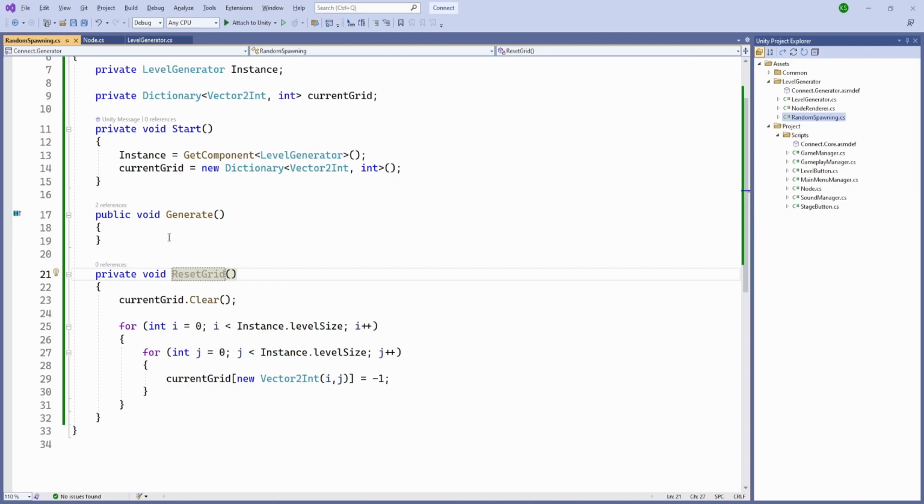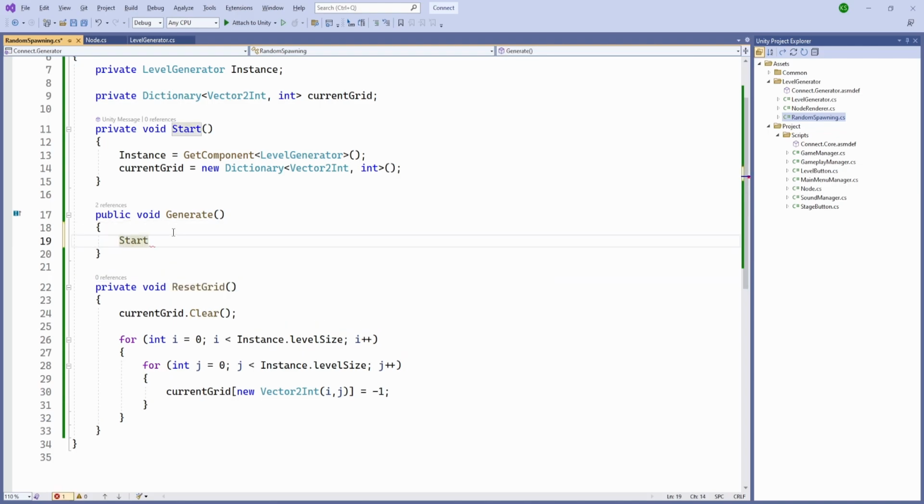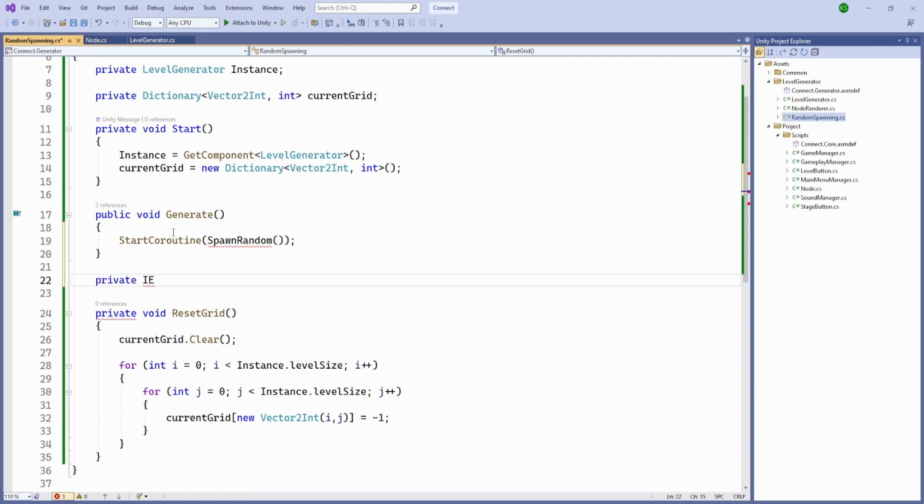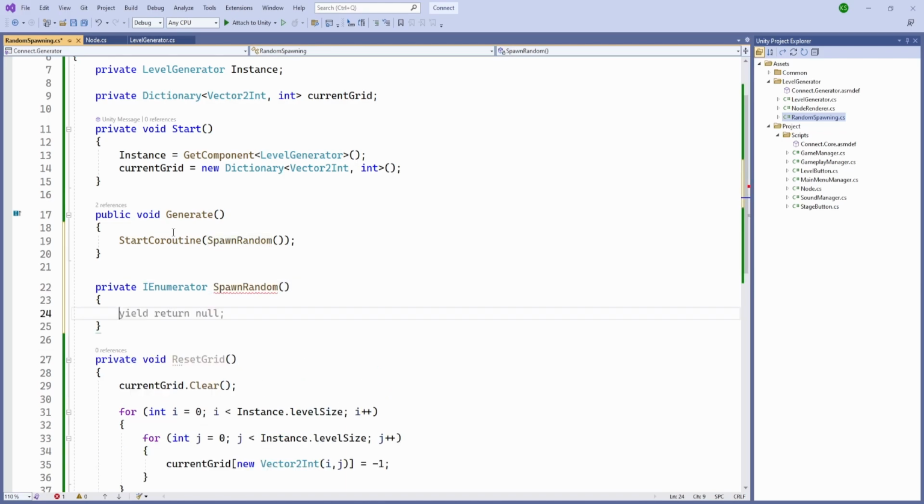And inside our generate method we are going to start a coroutine which is going to spawn random, and we'll create the coroutine here. So private enumerator spawn random, and it is going to bool is spawning is equal to true,